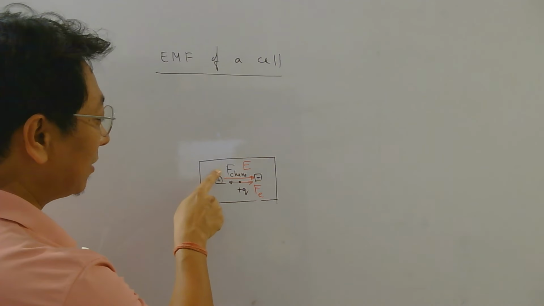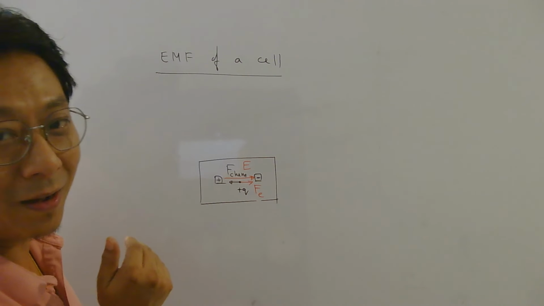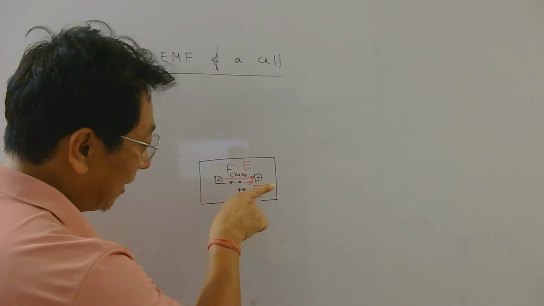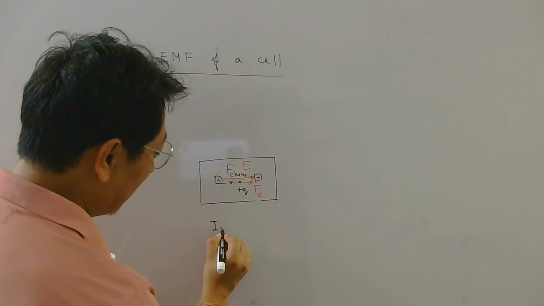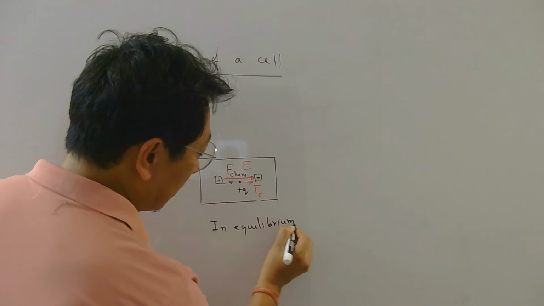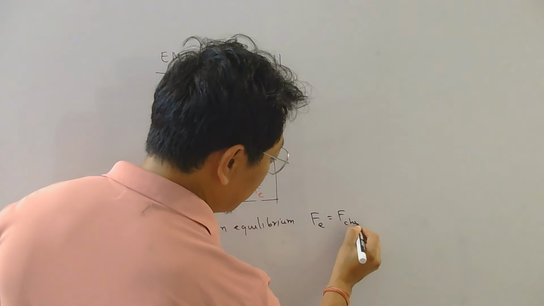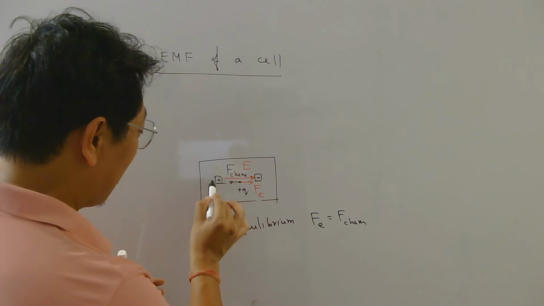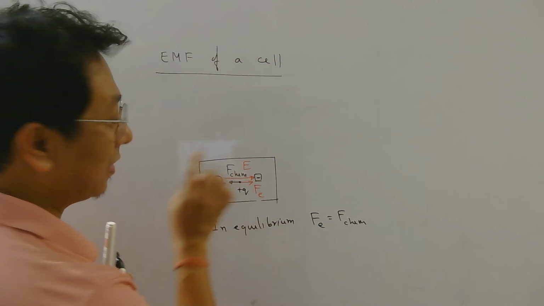Well, initially the chemical force will bring the charges this side, and that will create this electric field, and that will create this electrostatic force, and therefore a time will come when in equilibrium the chemical forces will be balanced by the electrostatic force. Okay, and that is when there will be a potential difference developed between the plus and the minus of the